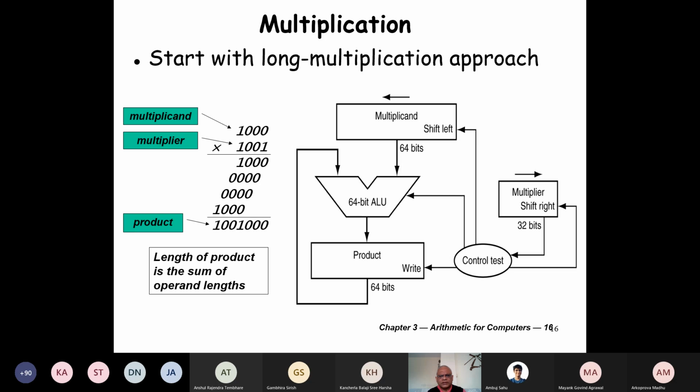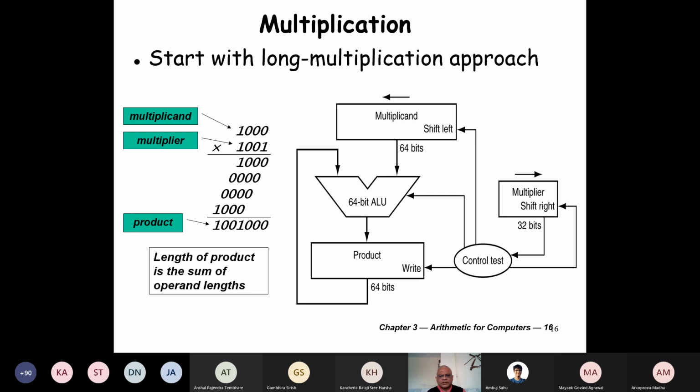We check the last bit here, and if it is 1, then we enable this adder. This adder adds the multiplicand to the product. And then we shift the multiplier 1 bit right, the multiplicand 1 bit left. And then again we check; if it is 0, do nothing, don't enable the addition.